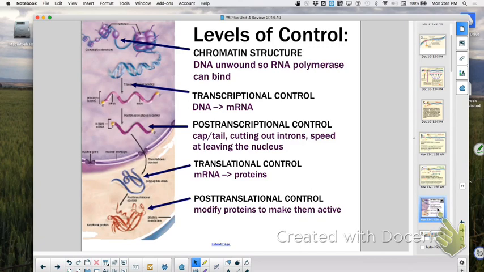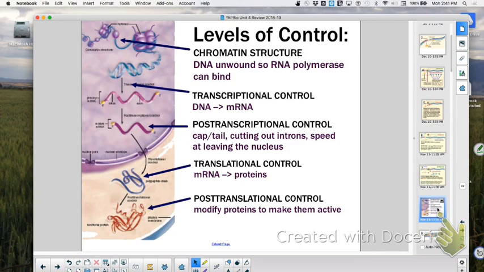Yes, ma'am? It talks about small RNAs and dsRNAs, and almost three places it talks about it. What I don't understand is where do small RNAs and dsRNAs take place in post-transcriptional control? Because I thought it says they bind to the ribosome. So what does that mean? They can bind to the mRNA before it binds. So mostly translational control, or they can be byproducts of post-transcriptional control. Because when you cut out, it could be right there. It could be a result of that. Okay. All right.